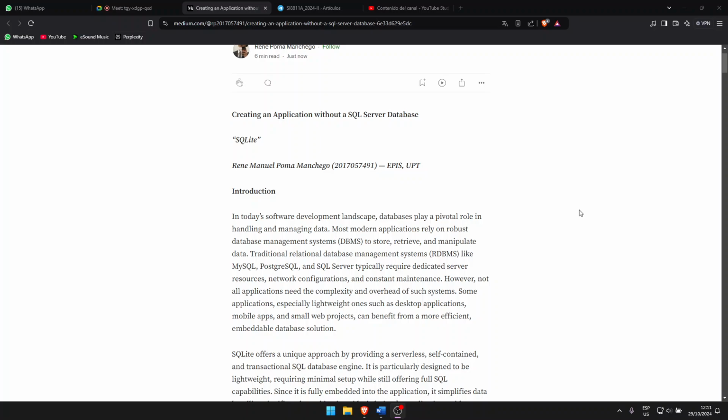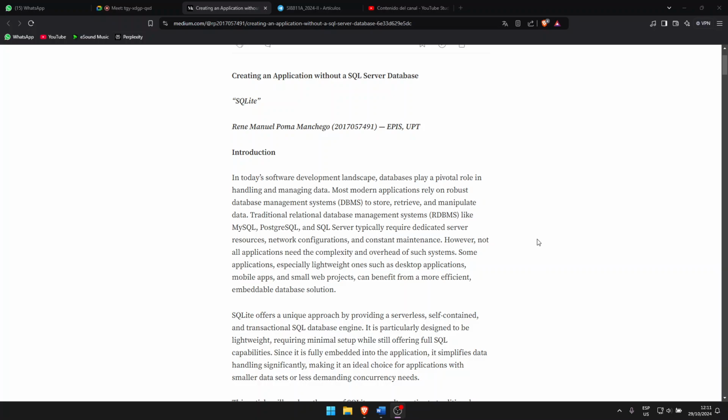In my recent article, I dive deep into SQLite, an evident serverless SQL database, and explore it as a great alternative for applications that don't need the complexity and overhead of server-based databases like MySQL, PostgreSQL, or even certain NoSQL databases. As a part of my research, I looked into how SQLite compares to server-based and NoSQL systems. Okay, in the introduction,